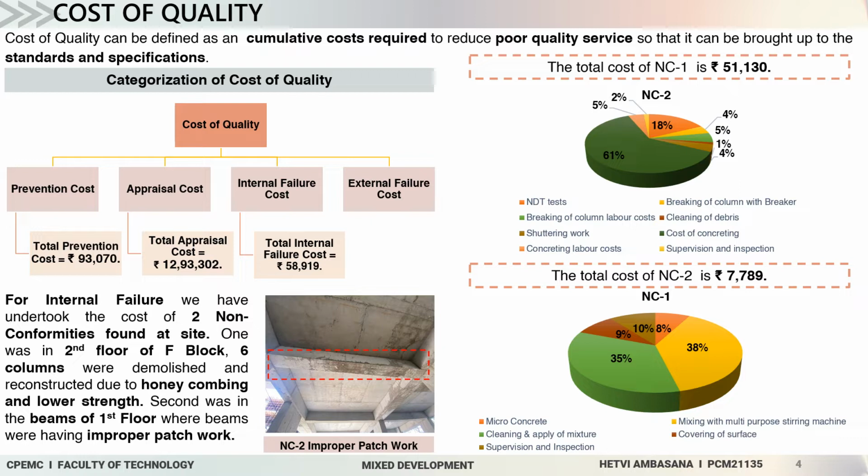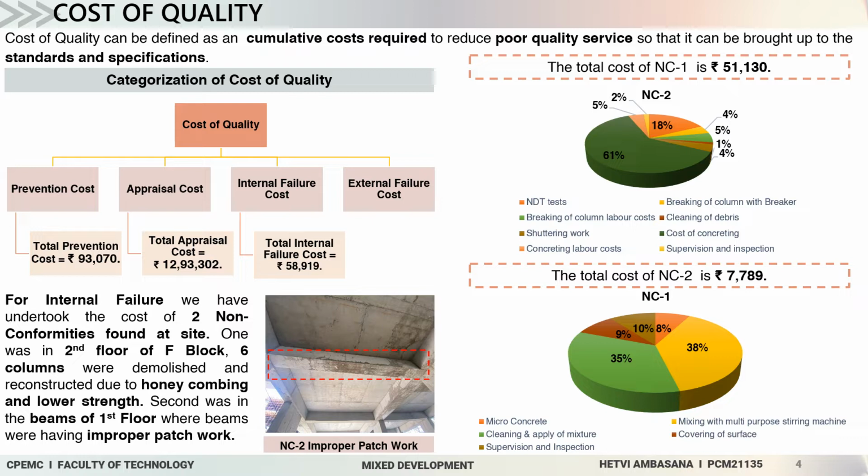For the internal failure cost, I have identified two non-conformities at our project site. The first non-conformity was honeycombing and lower strength of 6 columns, where all the 6 columns were demolished and reconstructed. Their cost breakup is shown in the right hand side pie chart. The total cost was around rupees 51,000. As you can see in the pie chart, 61% of cost was due to concreting,